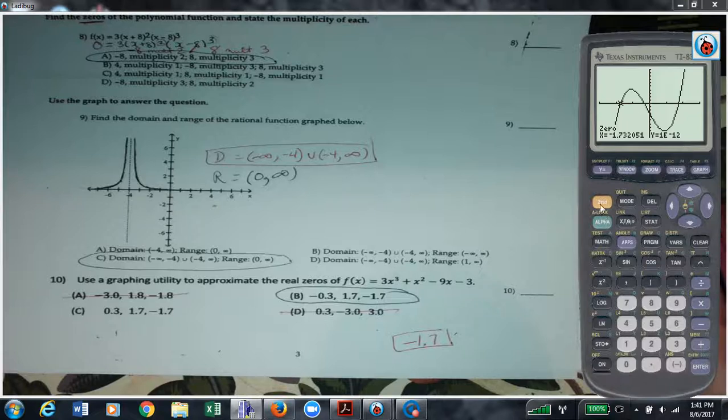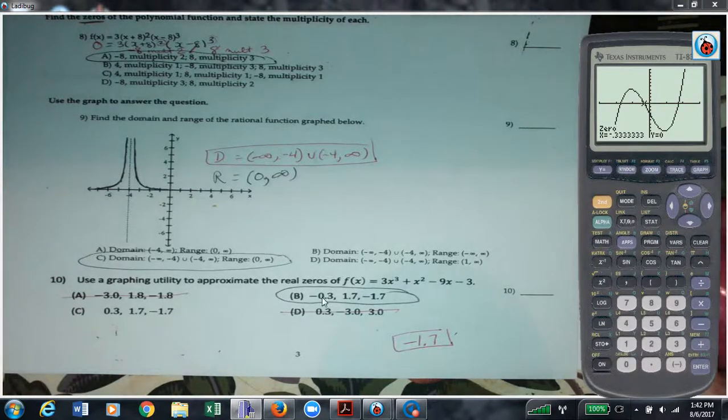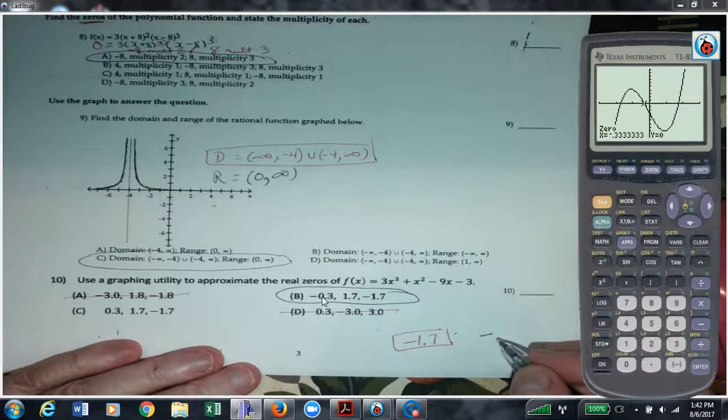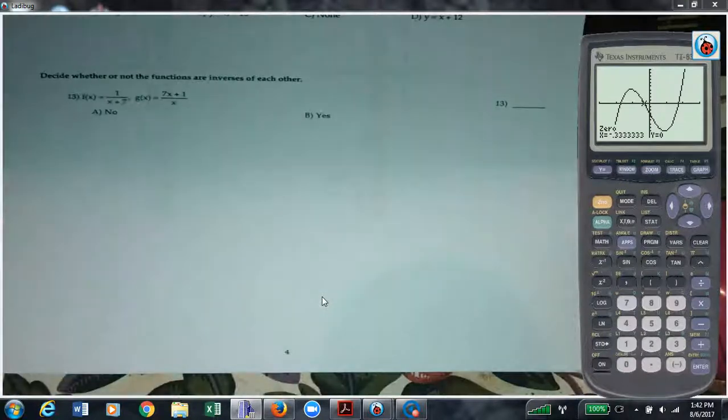And again, we could do the calc. Now to get this second 0, I get a bound just to the left of it, get a bound just to the right of it, then ask it to guess, and it's giving me negative 0.33333 is the 0. Okay, so, but we should be able to tell once we've gotten to that. Okay,